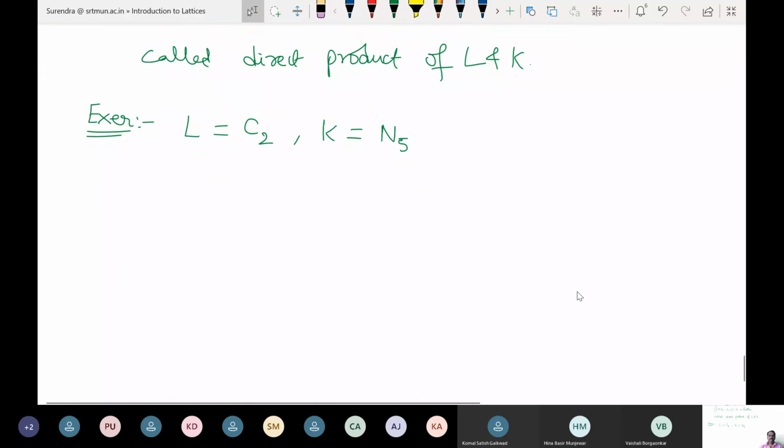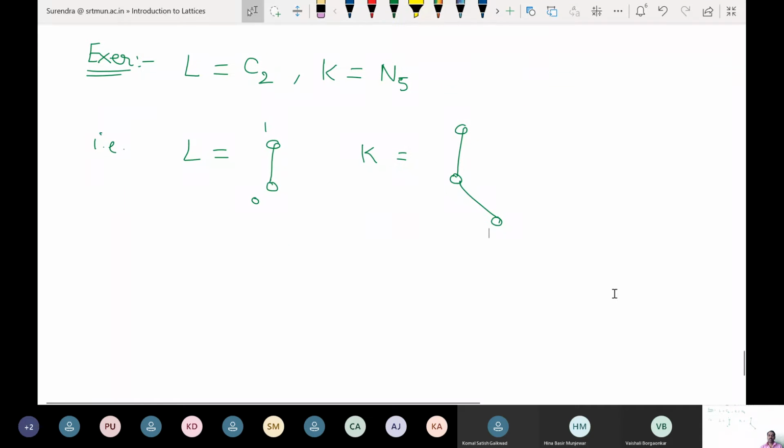So this L is actually a two-element set, 0 and 1. And this K is a pentagon. You know how we have drawn the picture, right? My handwriting is not so good. This is the pentagon, right? So this is 0 and 1. If you want to change the notation, you can write L0 and L1, just to mention they are the 0 and 1 elements here, and K0 and K1 here. It is not a problem.